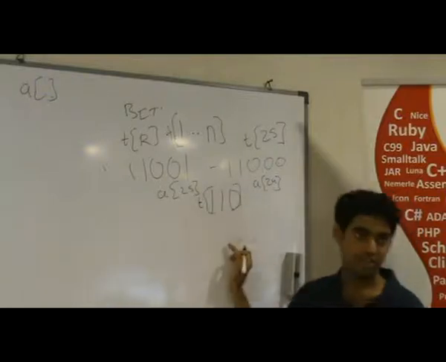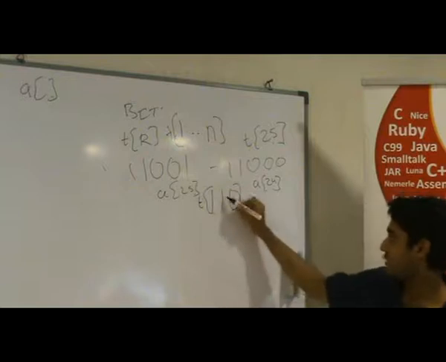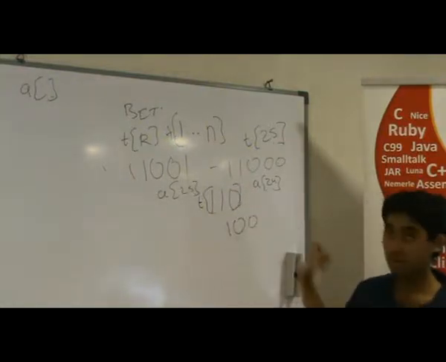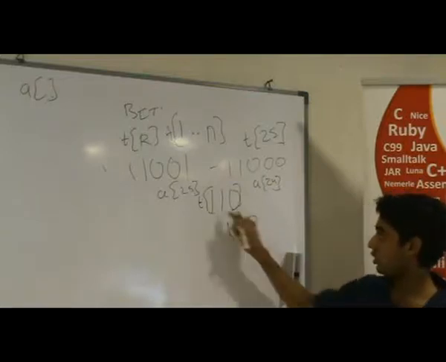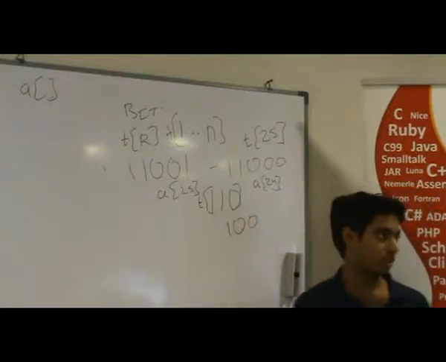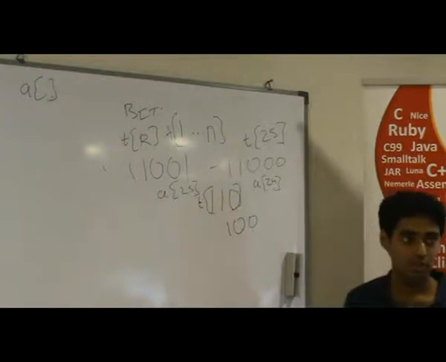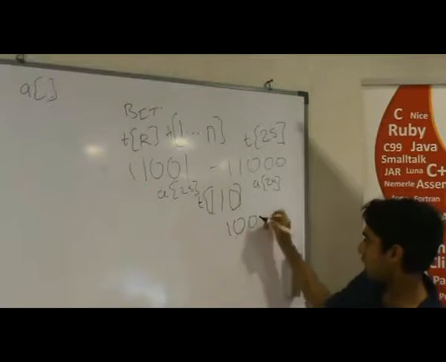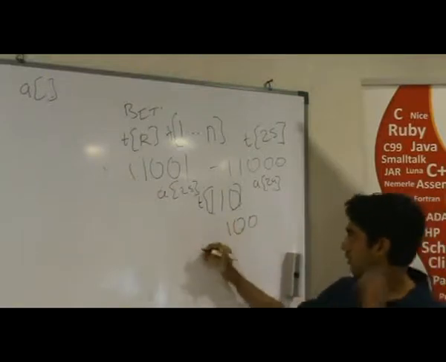Now let's look at what will be stored at location 6. Firstly we make the lowest set bit 0, so what do we get? We get 4. So this is 4, this is 6, so 4, 5, 6. The sum of these three will be stored in T of 6. Getting this, right?